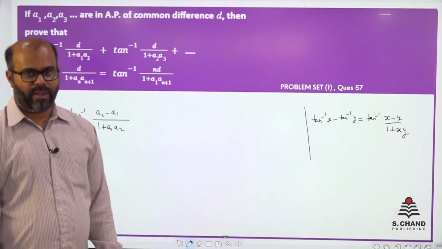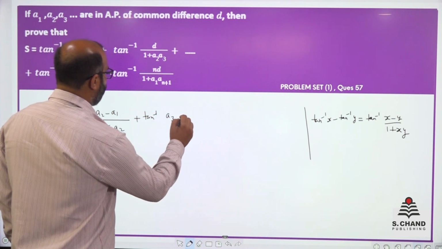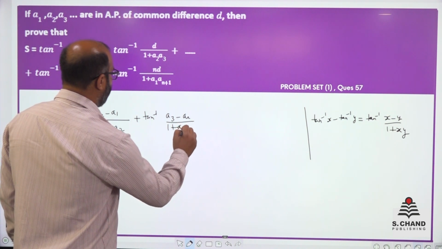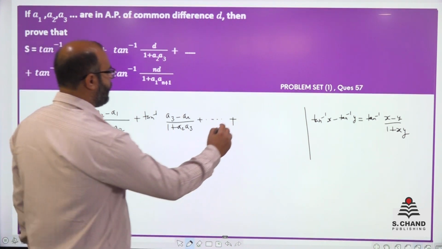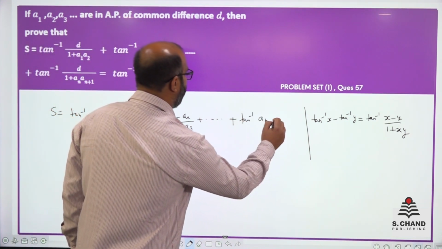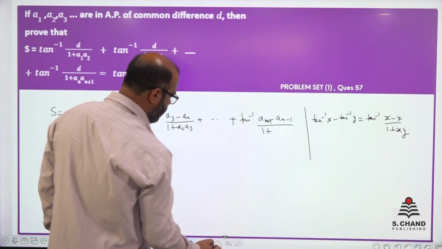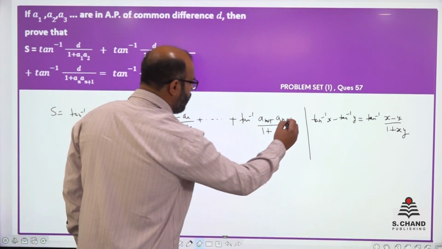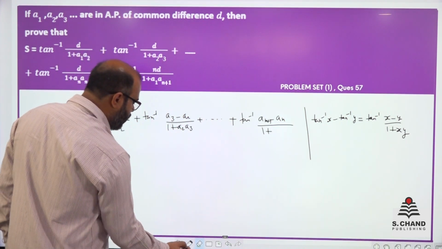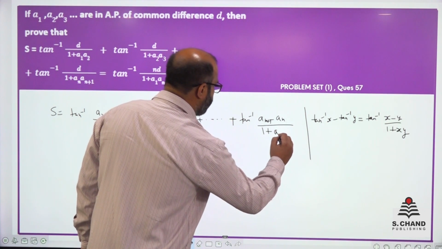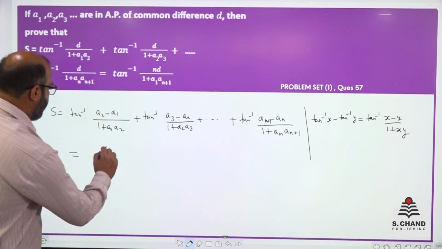Because d is the common difference of the AP, plus tan inverse of (a3 minus a2) upon (1 plus a2 a3), so on until the last term, which we can write as tan inverse of (an plus 1 minus an). An minus 1 is also a common difference, but the requirement here is not of that. So an plus 1. So this will become tan inverse of a2 minus tan inverse of a1